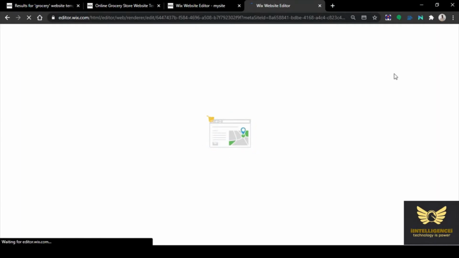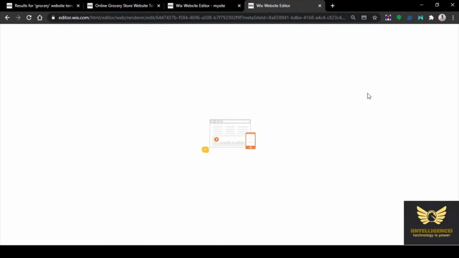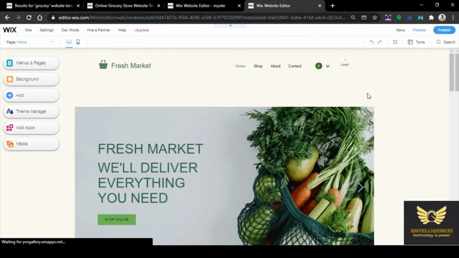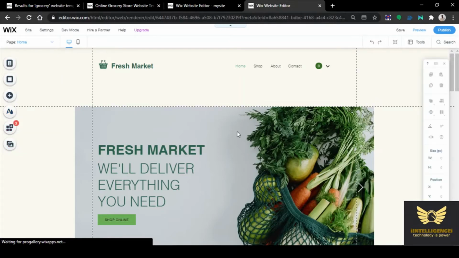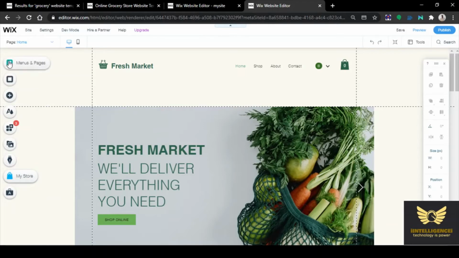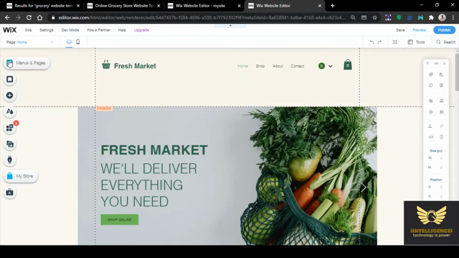Now it is entering into the Wix website editor. Just wait for a moment. Yes, so this is the website. You can explore the various options provided in the editor.